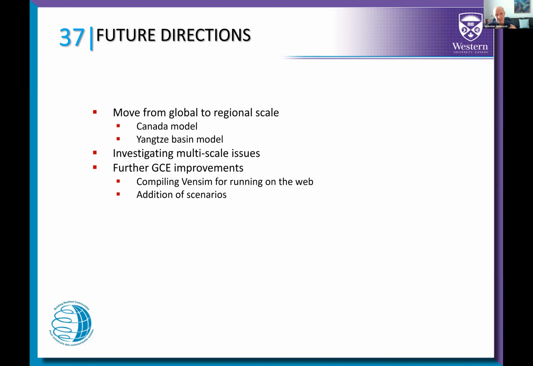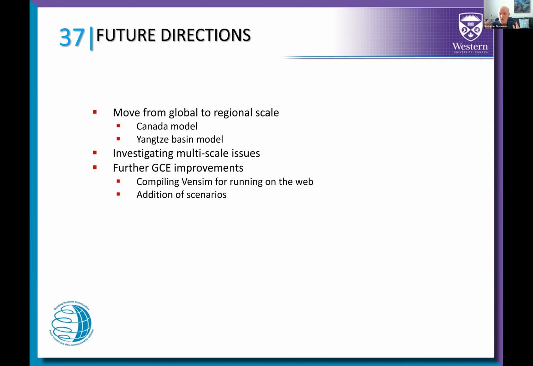The global modeling was motivated with the world model, but also motivated by a number of important sectors like carbon, climate, land use, population, which are picking up the dynamics at the global scale. However, to be effective in policy making, we need to come down. We need to move to lower regional scales. The strategic project required, for example,